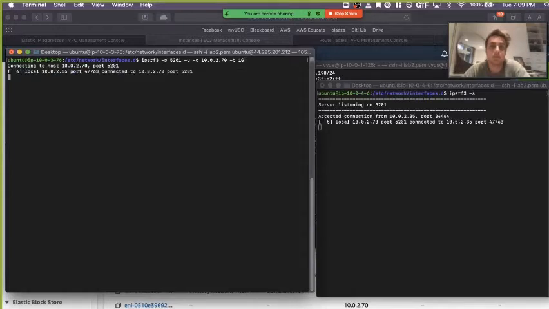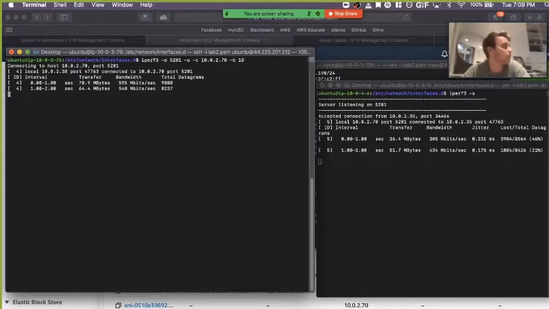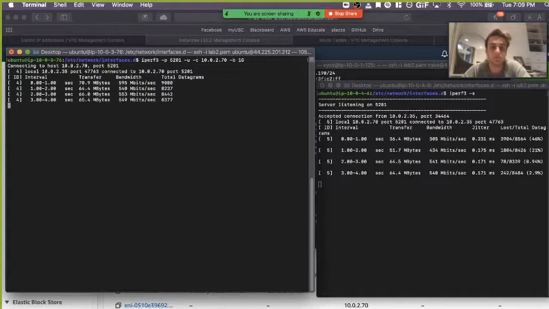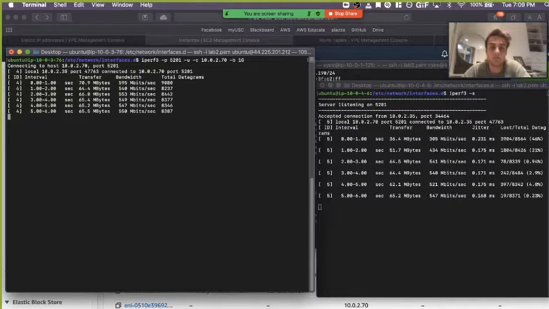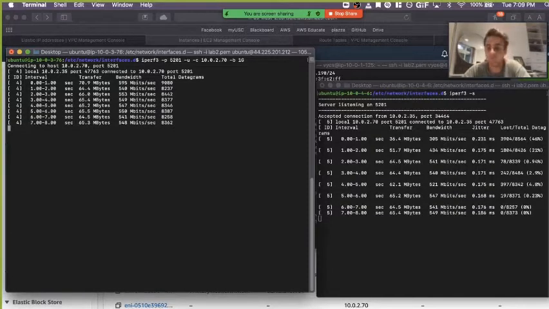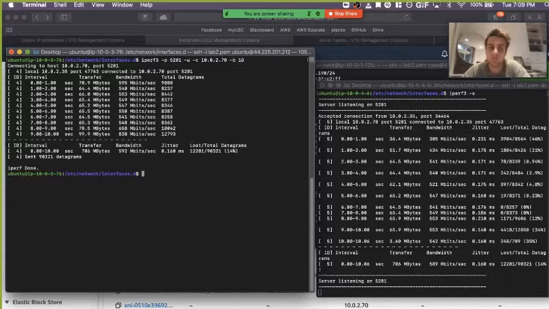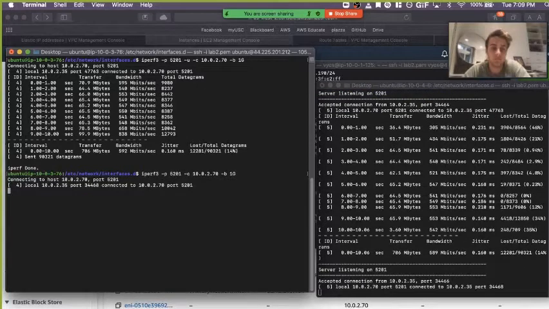So this is what it is currently for UDP over the link. You can see that we're getting pretty high bandwidth, almost 600 megabits per second. Then we're going to do the same thing, but we're going to take off the -u to signify TCP. And so now if we do the same,